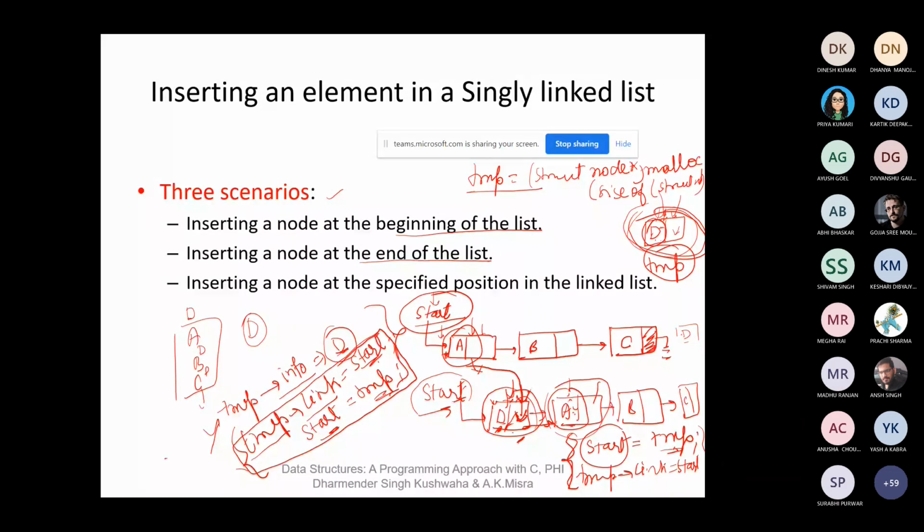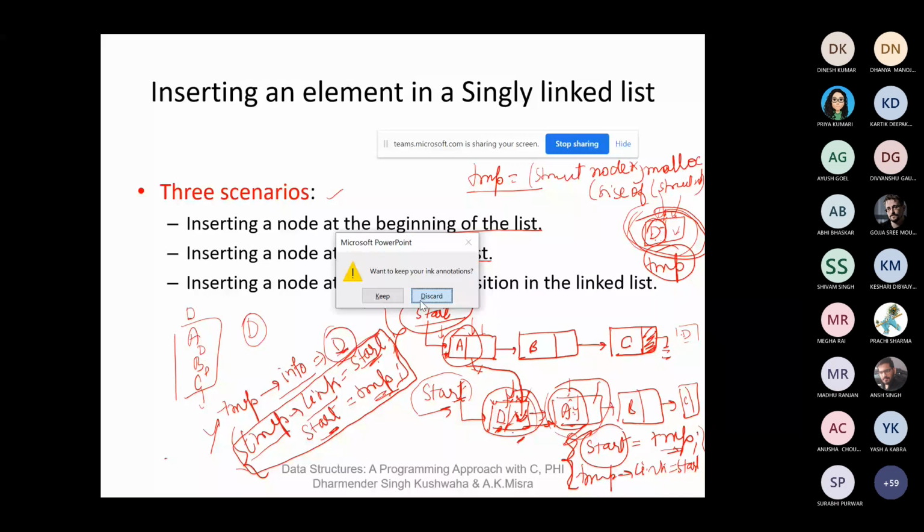In both the cases, are both cases the same or different? Ma'am, both cases are different. Both cases are different. So ma'am, yes, what will happen in the second case if I am doing it in this manner? Ma'am, in the second case, the temp pointer is pointing to itself only. Pointing to itself only. Yes, ma'am.